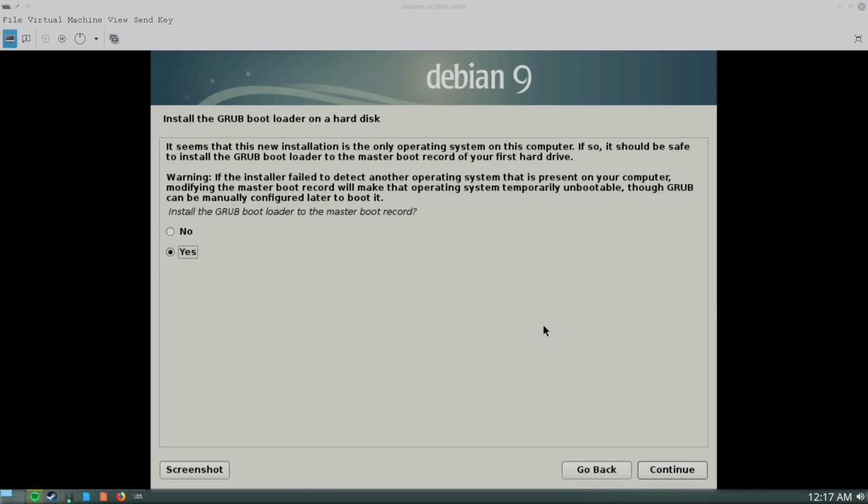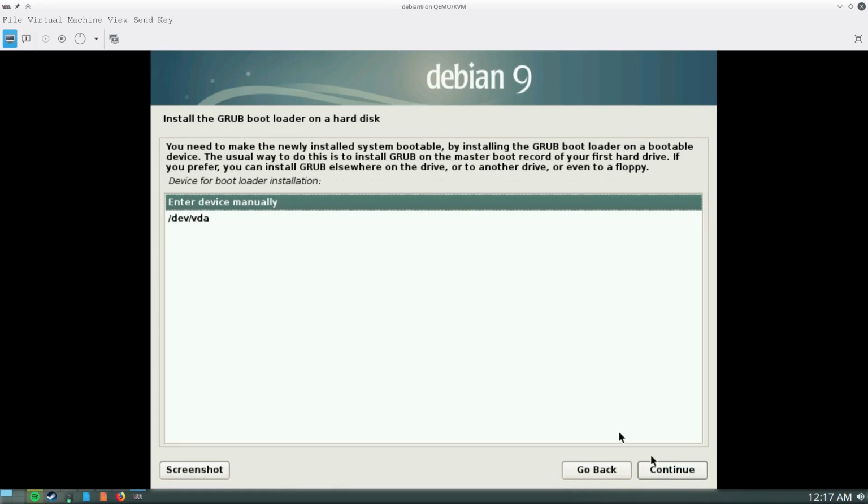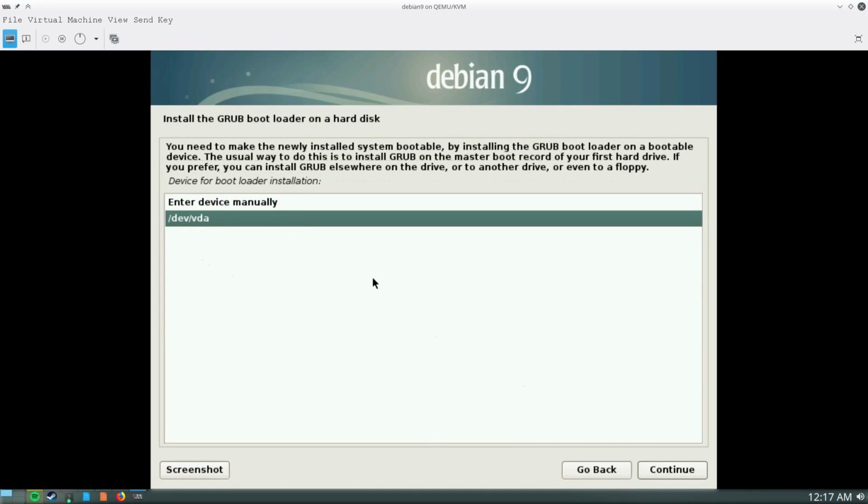Okay, so now we're looking at the next screen that we have some options on. This is going to allow us to install the GRUB bootloader, or the Grand Unified Bootloader as it were. And basically you'll want to do this. This is a piece of software basically responsible for starting your computer up. So you're going to need to do this. So just select yes and click continue,